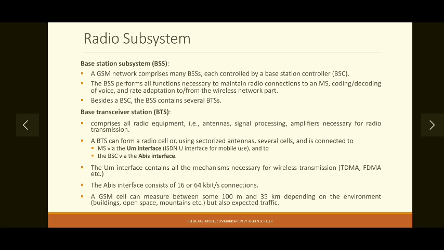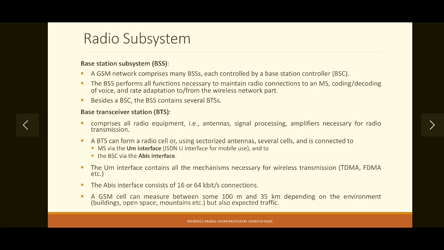Data rate adaptation is done by the BSS. A BSS contains several base transceiver stations. So what is the function of a base transceiver station? The primary function of a base transceiver station is forming a cell, that is your network coverage area.